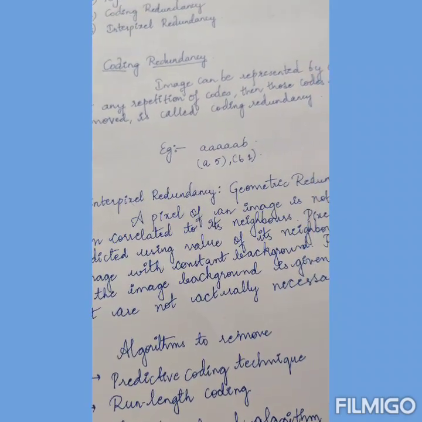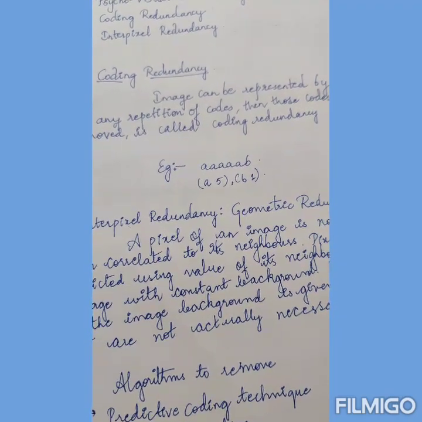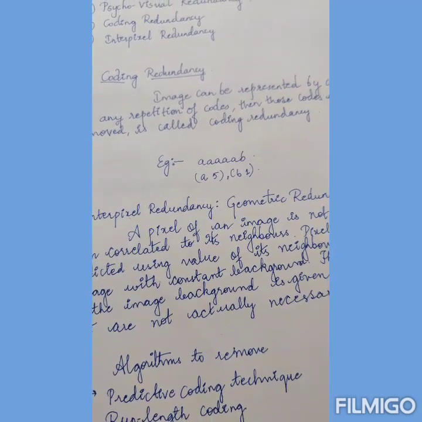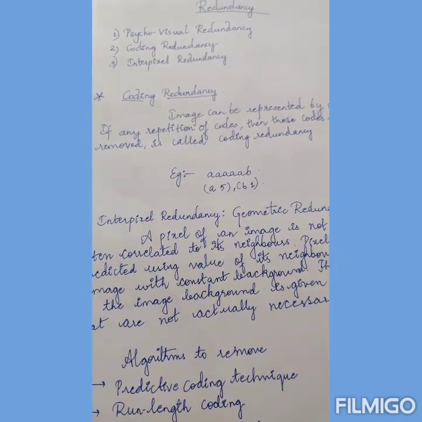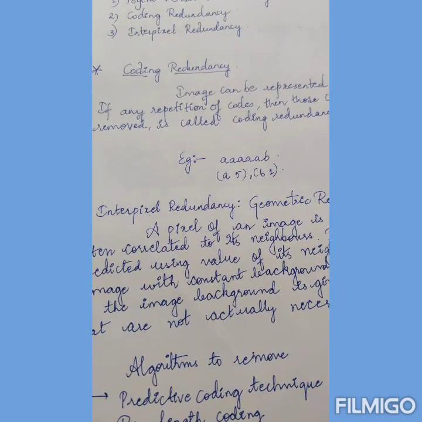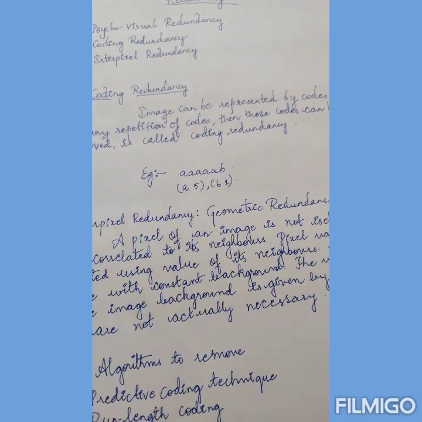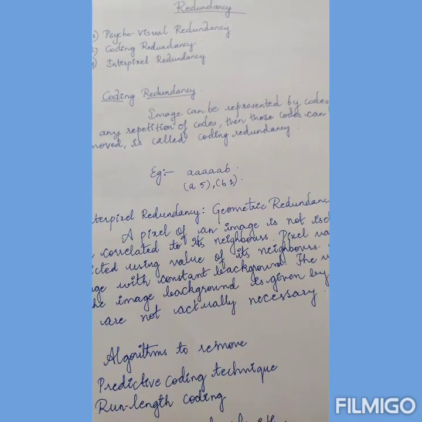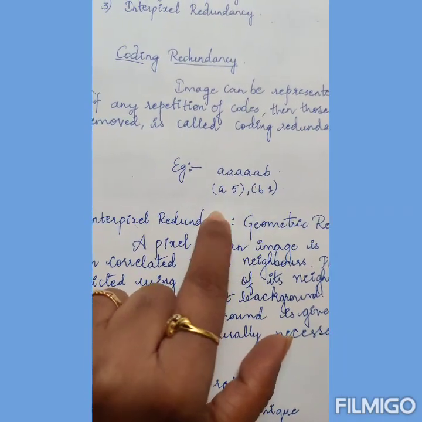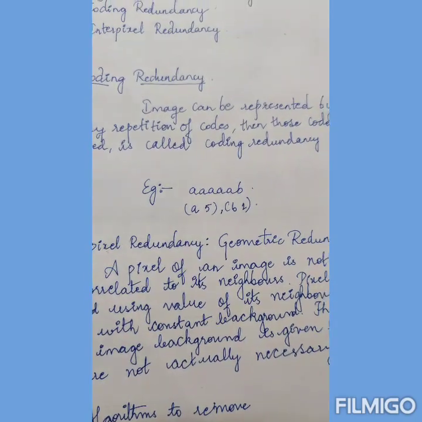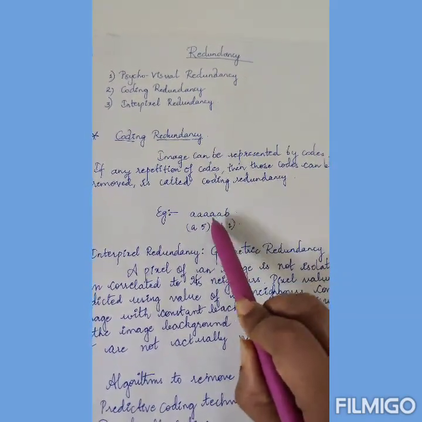Many methods will be discussed in detail in the coming lectures, that is, different coding methods such as Huffman coding and arithmetic coding. I will explain these one by one, because Huffman coding and arithmetic coding are directly asked in the exam. Whenever there is a repetitive code, we reduce it, so we are reducing the repetitive code words.